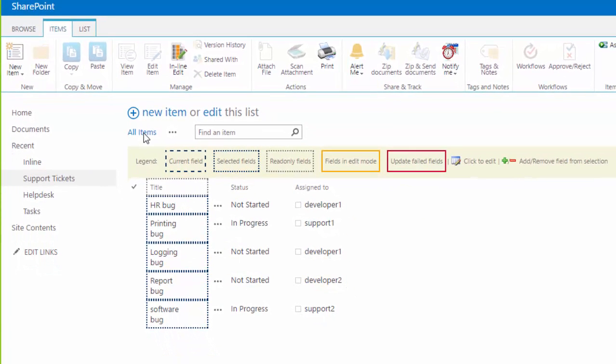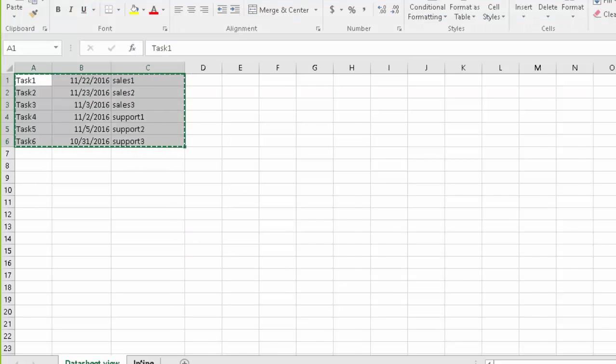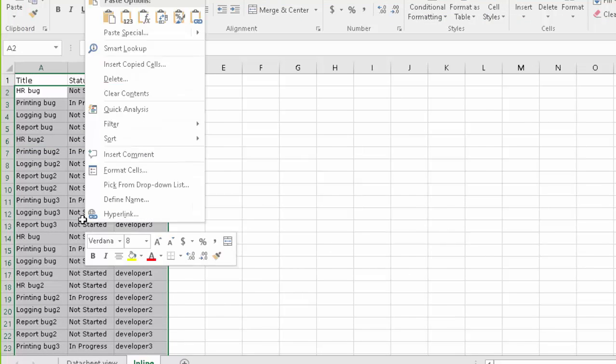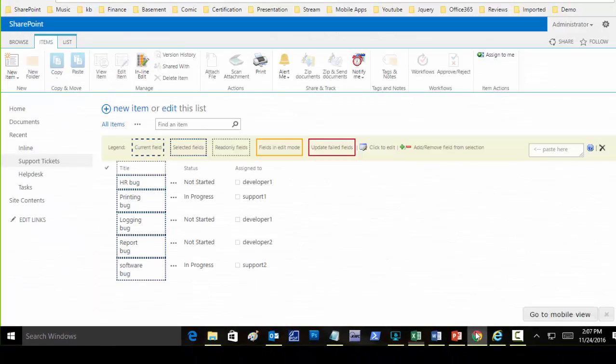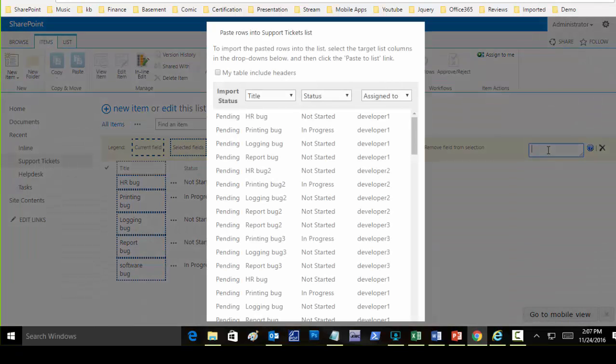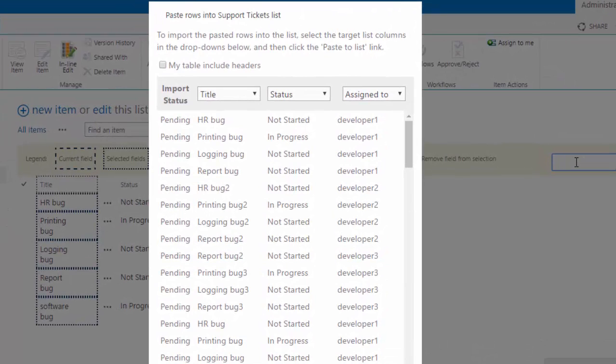I will now copy and paste bulk items from Excel into my SharePoint list. So I will go into my Excel file. I'll copy about 100 items, and I will paste. There you go. I can now paste all my items directly into my list. As you can see here, I can even map the pasted data to my desired SharePoint fields by selecting them in the menu columns here. So I'll just leave them as default